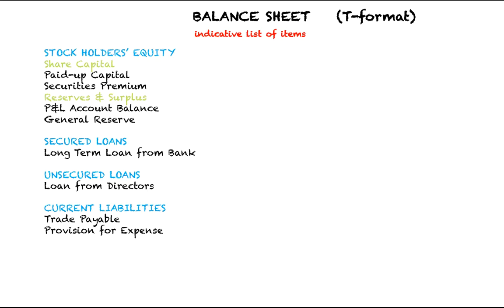So it goes as trade payables. Provision for expense is nothing but the expenses shown in your P&L but they have not yet been paid for, and even the bills would not have come, so you show it under provision by making a journal entry. So provision for expenses, all those expenses, they are there in the P&L but not yet paid as on the balance sheet date. There may be other current liabilities which will have some more things. For the time being, we'll end the list here.